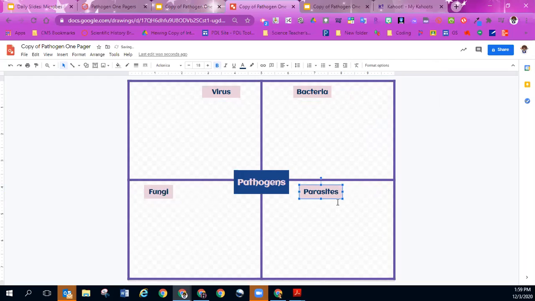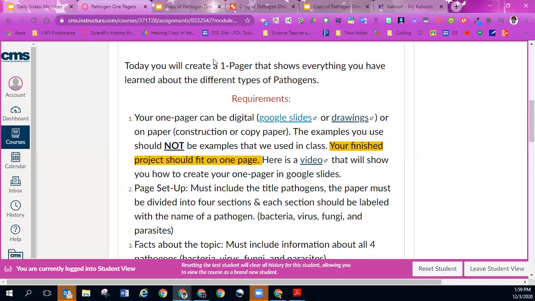All right, so now I have my labels. So at the bare minimum, I have the things I need for setup. I have my titles, titles of the whole thing. I have my individual pathogens, and it is divided into 4 sections, which is what I needed to know how to do. So from there, the next thing that it says that I need,